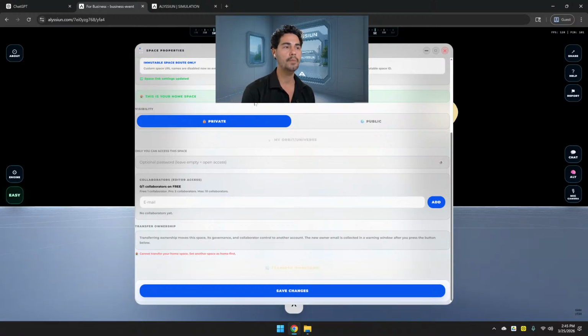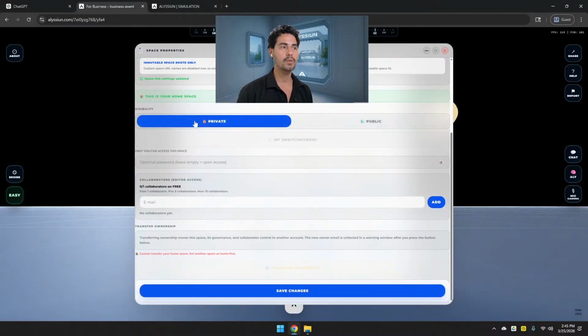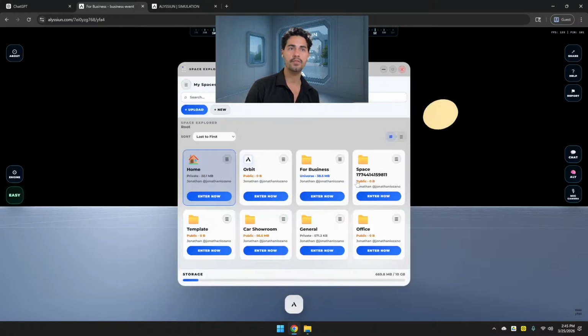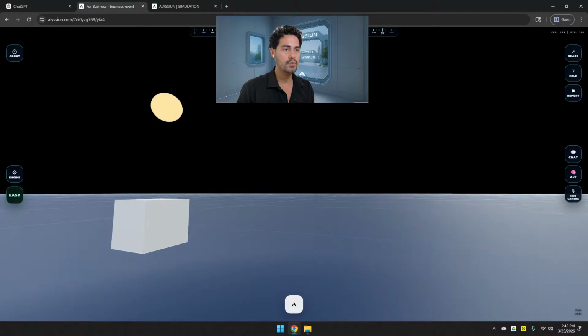Now, for example, in the next upcoming version, I'm going to work really hard to protect home like crazy. So in home, you're not going to be able to change it to public or other modes. It's going to be 100% private. The only difference: if you want to invite a friend, you need to generate a key, right? You generate that key, it's going to be a simple URL, and you can set the key to 24 hours or whatever, 1 hour. You set it, copy the link, send it to your friend. The friend can land in your home. You can play with them here or whatever you want, talk.